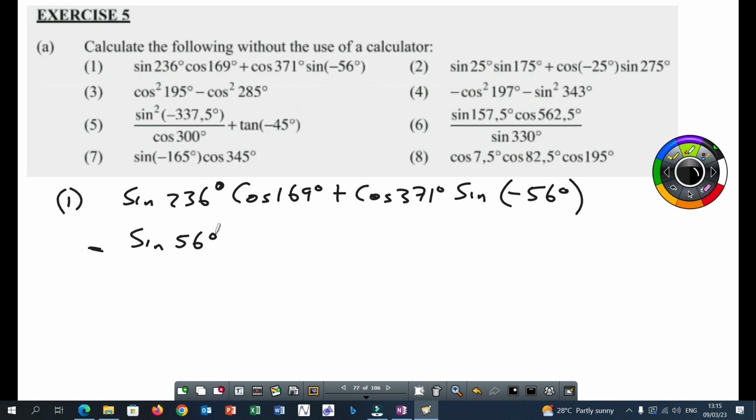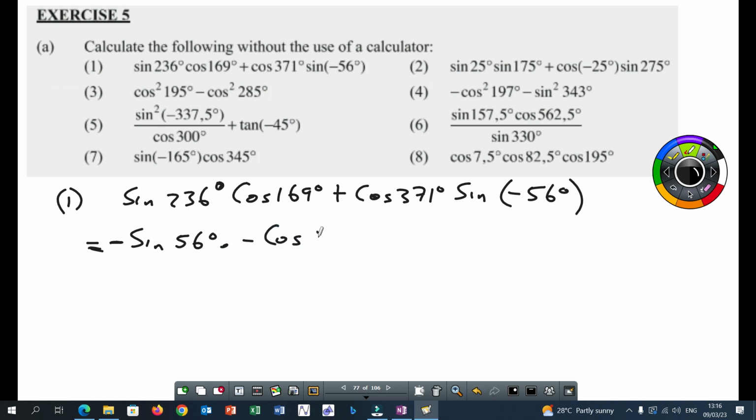This angle here is in the second quadrant. In the second quadrant, cos, sorry, it's supposed to be minus, by the way. It's negative sine 56. Right? 169 is in the second quadrant, and sine, sorry, cos is negative. So we have to subtract an acute angle from 180, or you can just say subtract this 169 from 180, you get minus cos